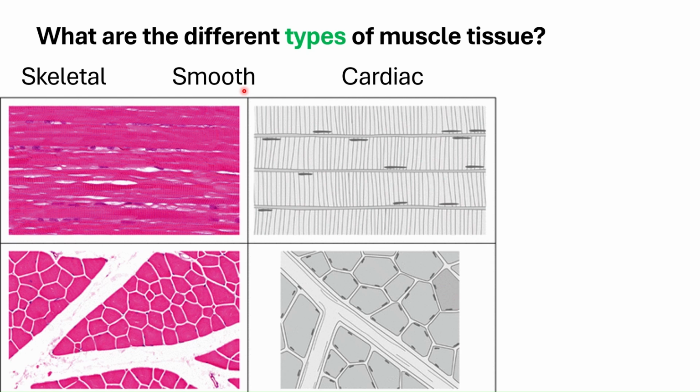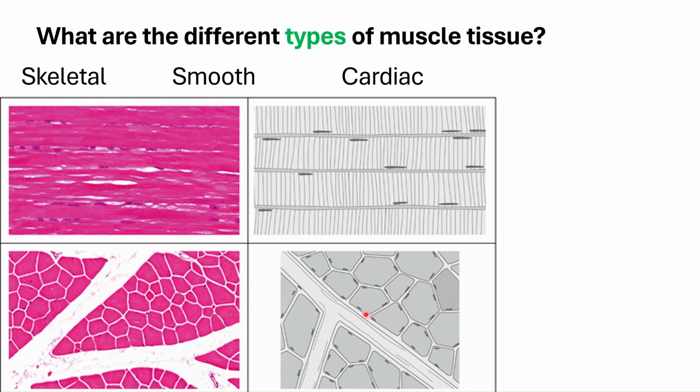So for the features, first, skeletal muscle has the thickest version of skeletal cells or myocytes. What else? It is striated like your cardiac muscle, and the key feature is that it is multinucleated. So among the three types of muscle tissues, it's only the skeletal muscle which has multiple nuclei in one muscle fiber or cell. And the key point is it has striations. It has the thickest fibers out of the three types of muscle tissue.